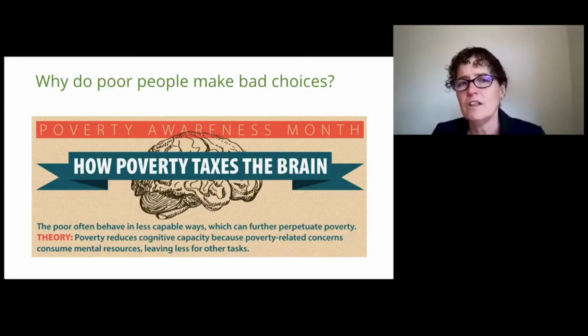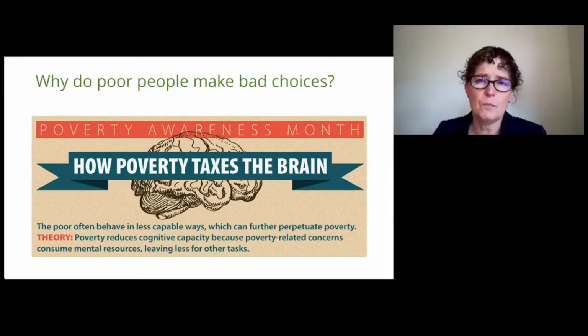So the poor, in this view, are less capable not because of some inherent trait that they have, but because the very context of being poor itself imposes cognitive load and limits people's cognitive capacity. In other words, the finding is that it's not about poor people, but about people who find themselves being poor. And this has very important implications for how we think about the impact of information campaigns or other policies where we're trying to encourage people to make better choices.